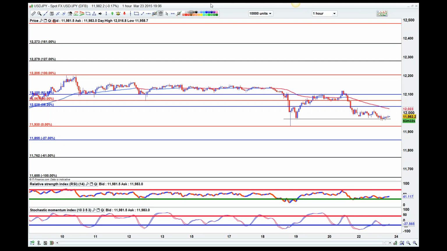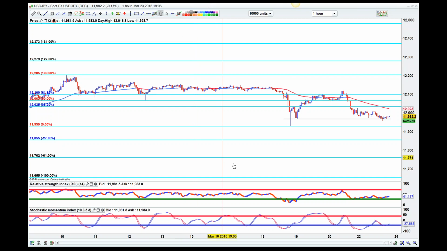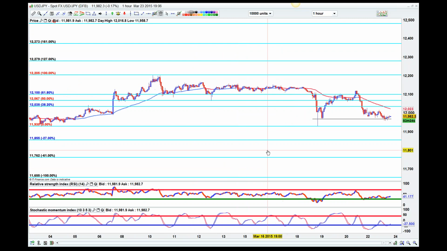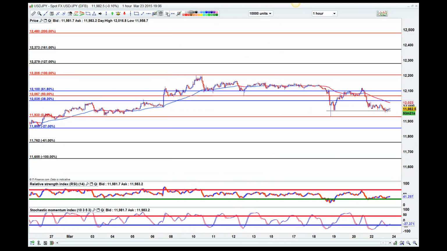Right, that's enough of that. So let's just look at where we are on these markets. I like the US dollar yen. We'll start off with this hourly chart. I like the fact